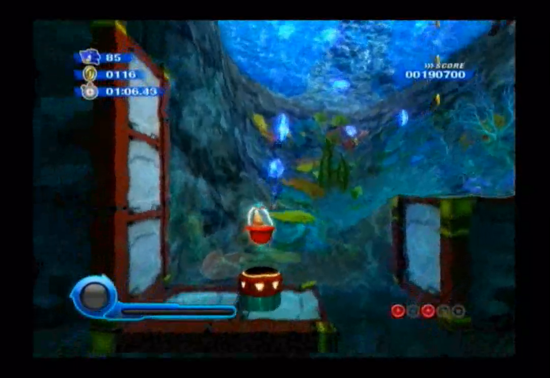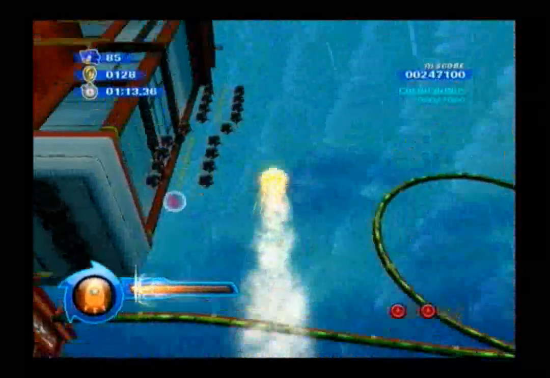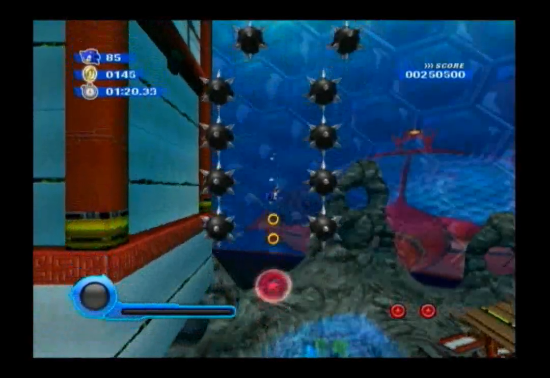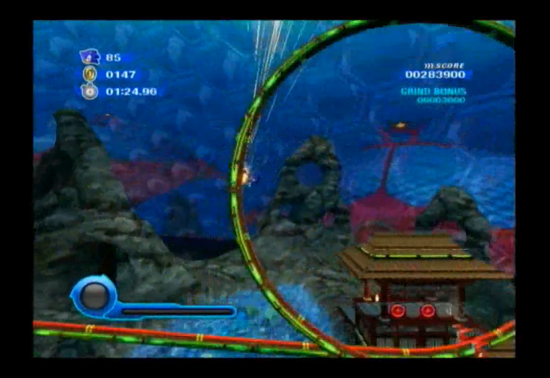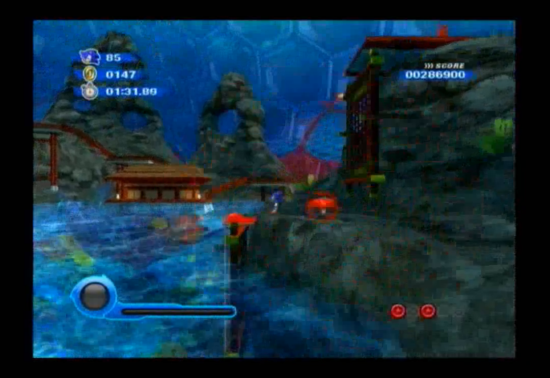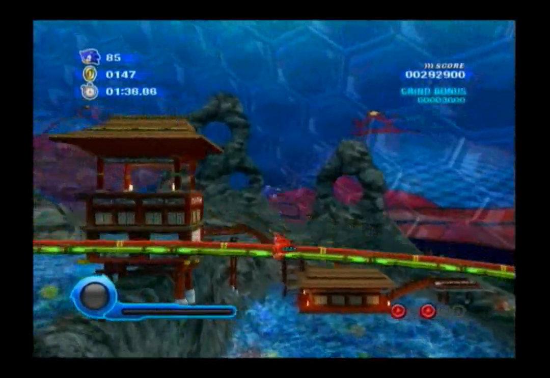Alright, so here you want to grab this rocket wisp. Follow along this trail of rings that I just collected. They will take you up here, and you want to be very careful through this section, trying to maneuver through the rings, and I got that one as well. Alright, so you can see there was a red star ring up there. What you have to do is you do not want to go past the edge of the